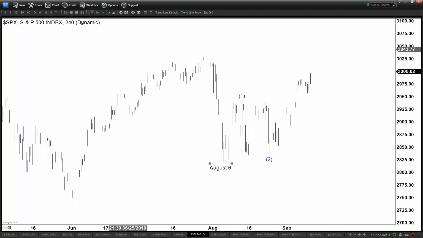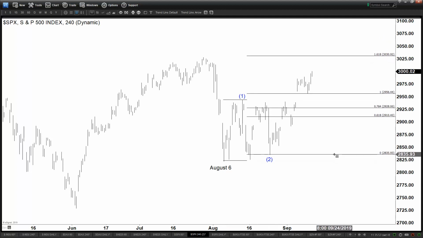And we got what looks like currently a nest, and also almost reaching the 1.618 extension right here. Now this is of course the all-time high back in July at 3029, I believe, right? So there is a possibility therefore that S&P could potentially break to a new all-time high again and continue the next